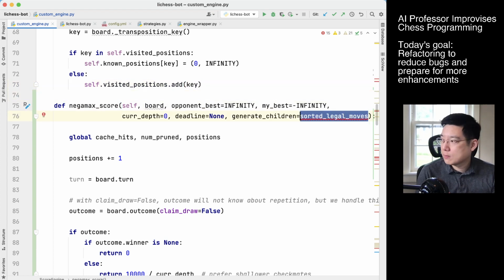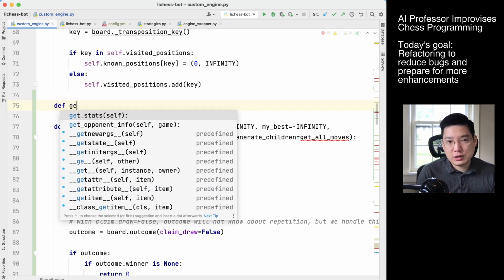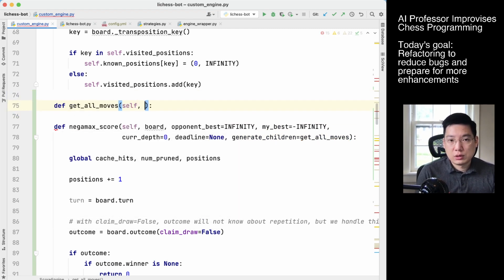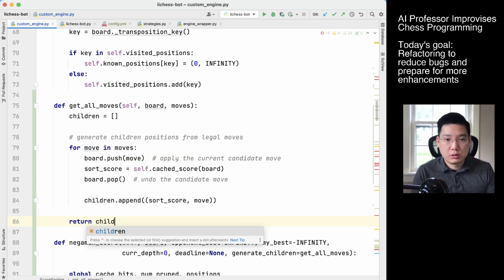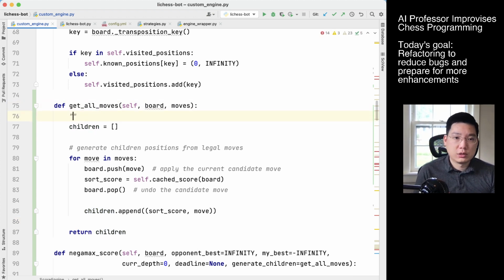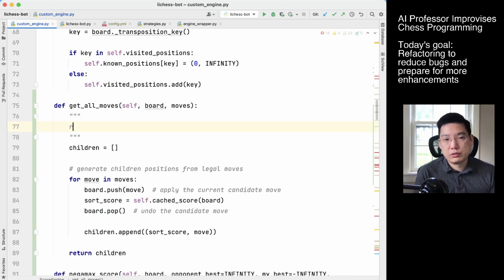Let's call it get all moves. Okay, let's call it that. And we're going to define get all moves, and that gets, what did I give it, a board and a set of moves, and we're going to return children. All right, so the reason I do this is that it's going to return a scored list of